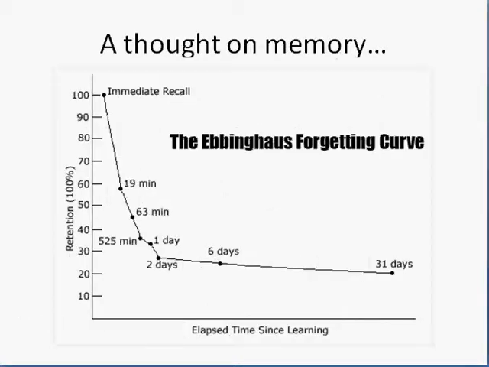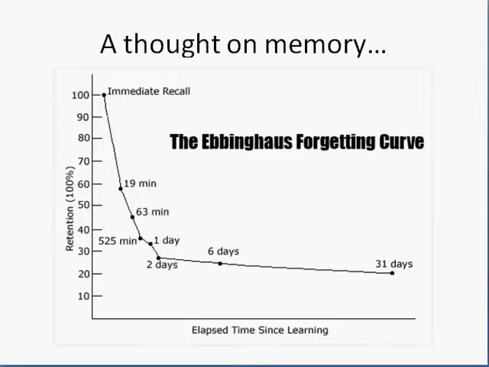Okay, quick thought on memory. Here's a guy by the name of Ebbinghaus, and he was a smart guy, and basically what he told us is you forget things. So if I give you a whole bunch of facts, 100 facts, within about an hour, you're going to forget the majority of them. In about 2 to 30 days, guess what? A whole lot more. And trust me, after a year, you ain't gonna remember a whole lot.